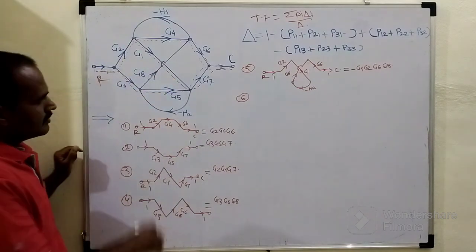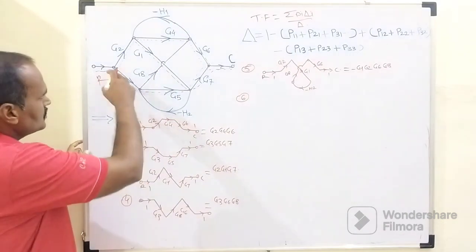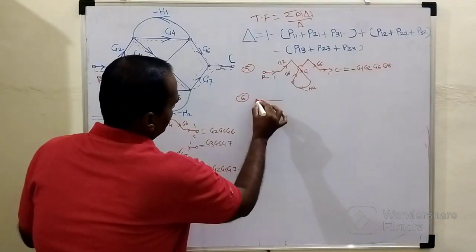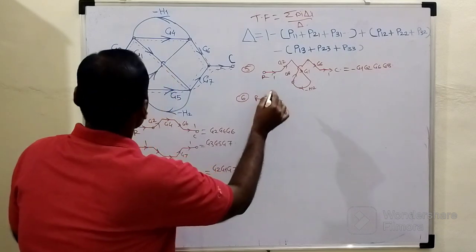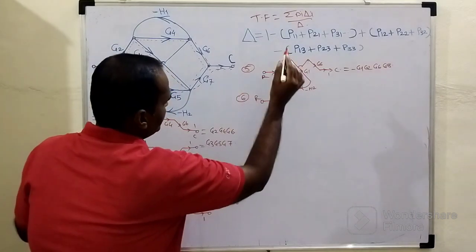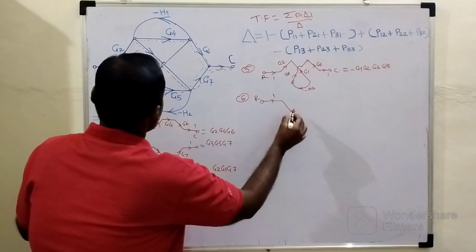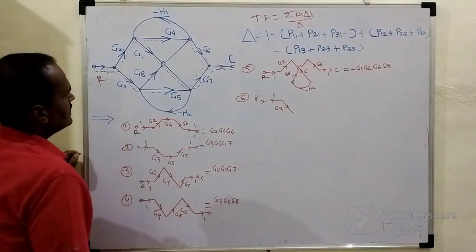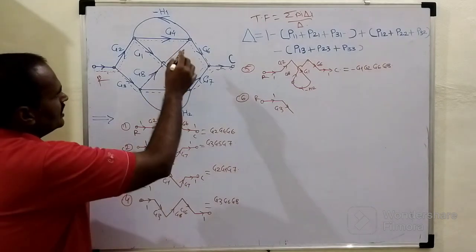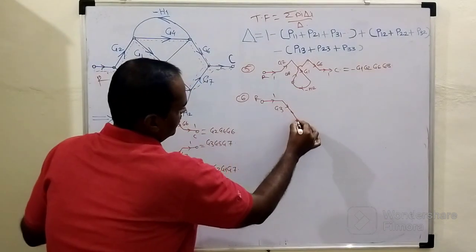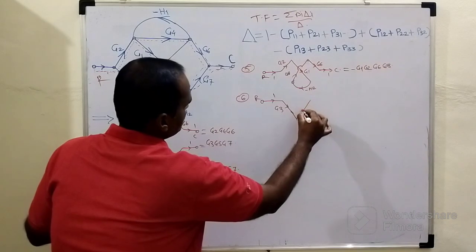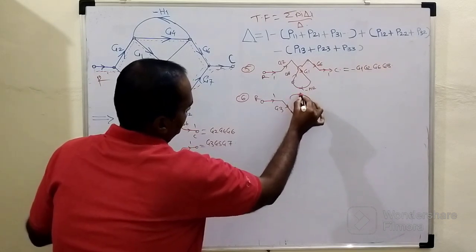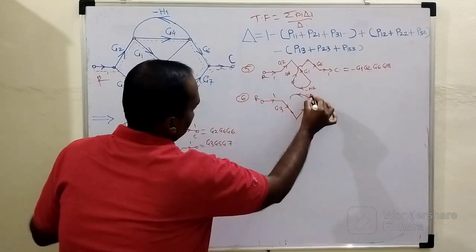Similarly, for forward path number 6, the last path, instead of going to the upper part of the signal flow graph, we can complete our journey from R to C with the help of this part. I will draw here. This will be R. Again the gain of this forward path is 1. Then instead of going to this G2, I will go through this G3. Here the gain is G3. Then again with the help of this diagonal element, whose gain is G8, then again a feedback element we have whose gain is